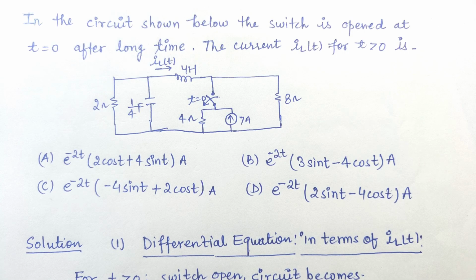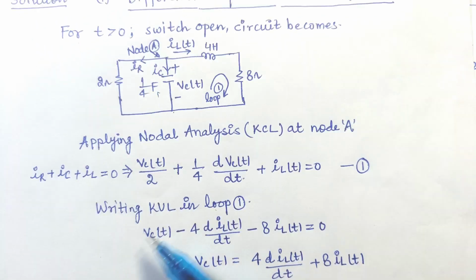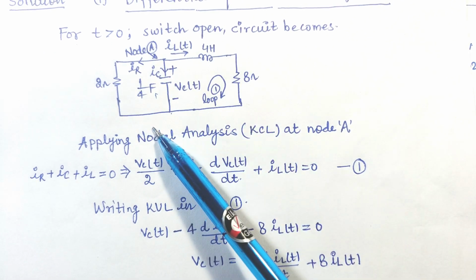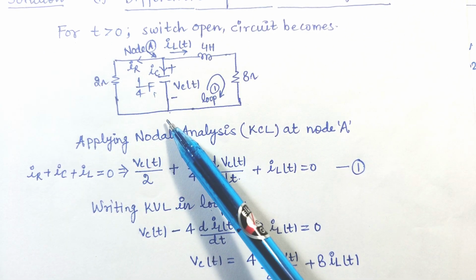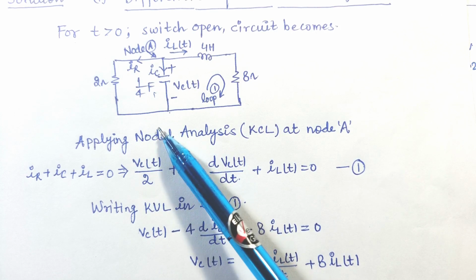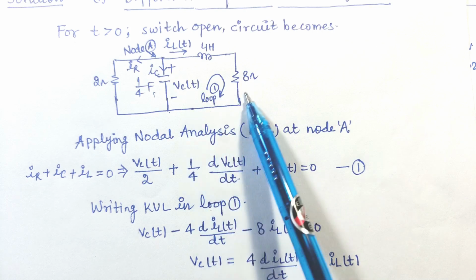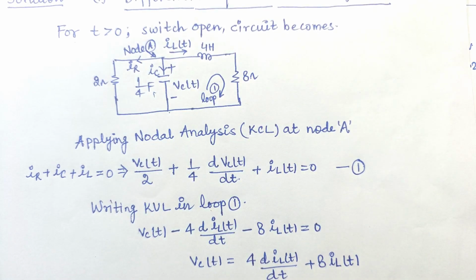In the last video, we have seen this question related to RLC circuit. In this circuit, we have seen that after t greater than 0, if we draw this circuit again, then we can find out that this circuit was achieved. In this circuit, we can see that this was not any kind of typical circuit. Means here we are not talking about a series RLC circuit or parallel circuit. Resistance, capacitance and inductor are connected in such a way that we cannot say that this is the series RLC circuit or parallel RLC circuit. So we have seen in the last video how we can deal with such type of circuit.